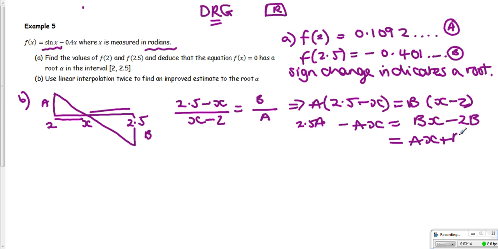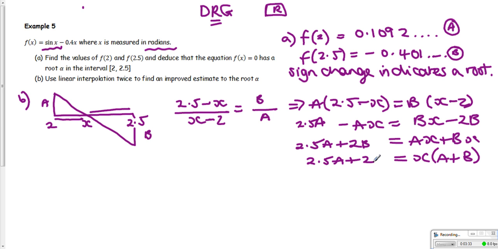So AX plus BX at the right hand side, and then 2.5A plus 2B on the left. Factorise the right hand side, and then one final step to get X on its own,